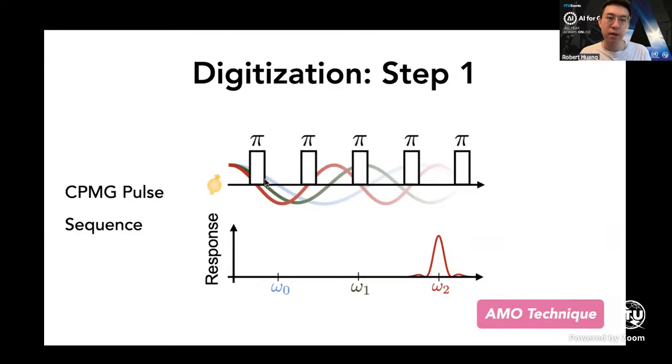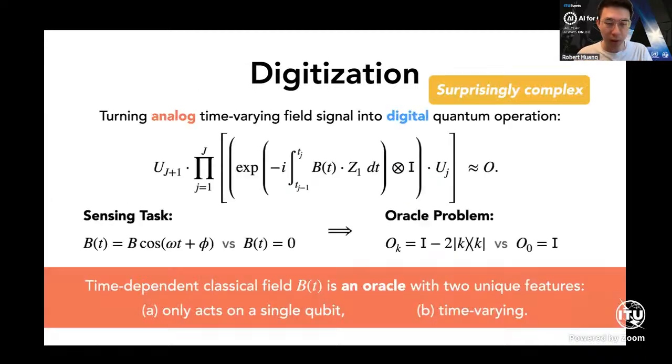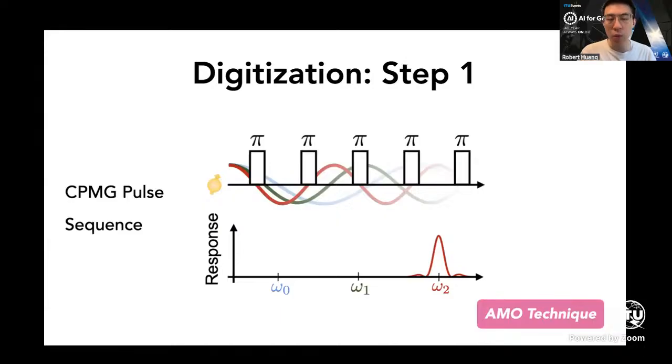But of course, in practice, we can never stop it. The sensor will just be accumulating signal simultaneously, so we cannot truly stop it and then apply the pulse. So usually one just tries to approximate this. One ramps up the pi pulse very quickly and then ramps down very quickly, and in the meantime, the field will still be affecting the sensing spin. So I would say this is more like a theoretical formula that considers the ideal setting. In reality, there will always be